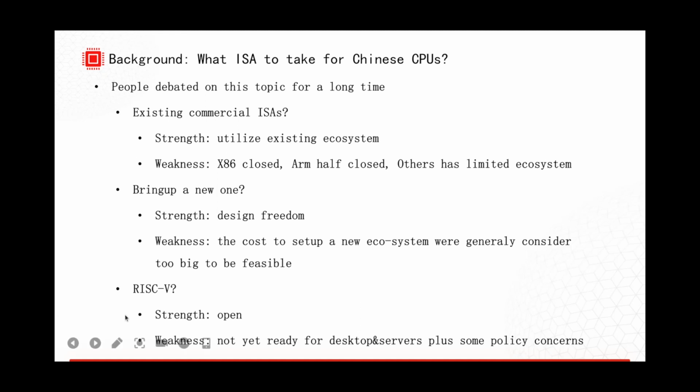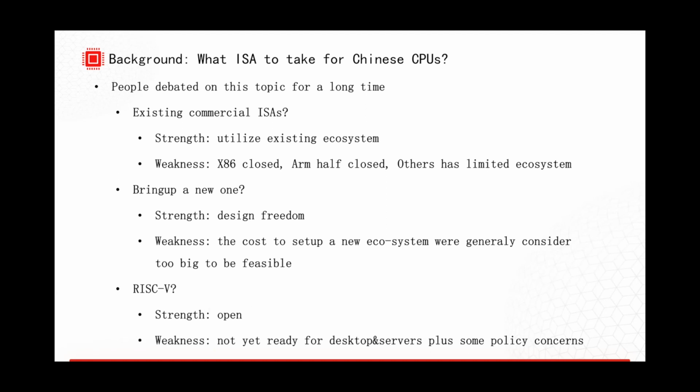And the next one: at that time, no suitable open instruction set was available, but now we have RISC-V. The strength is that it is open, but at that time RISC-V was not yet available.